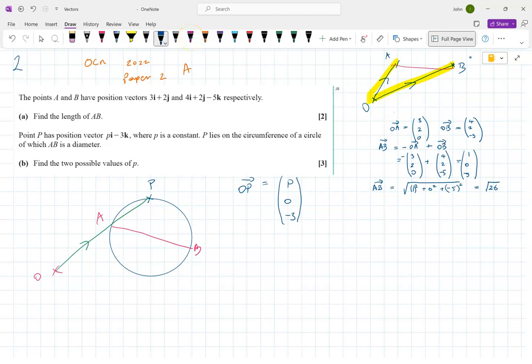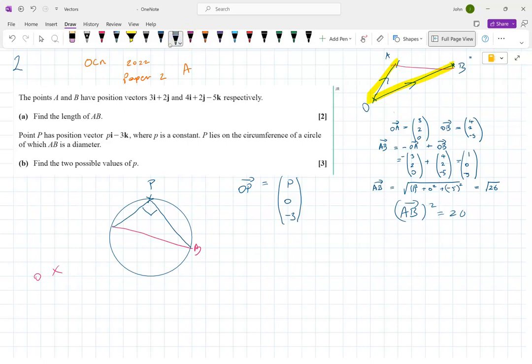I think a lot of people who did this just missed the fact that it's that kind of stuff from circle geometry, that's right angles. But there is quite a bit of work to do if you think about it. We've already got the magnitude of AB from over here. We already know that AB squared is equal to 26. So we know that. But we need to get the magnitudes of